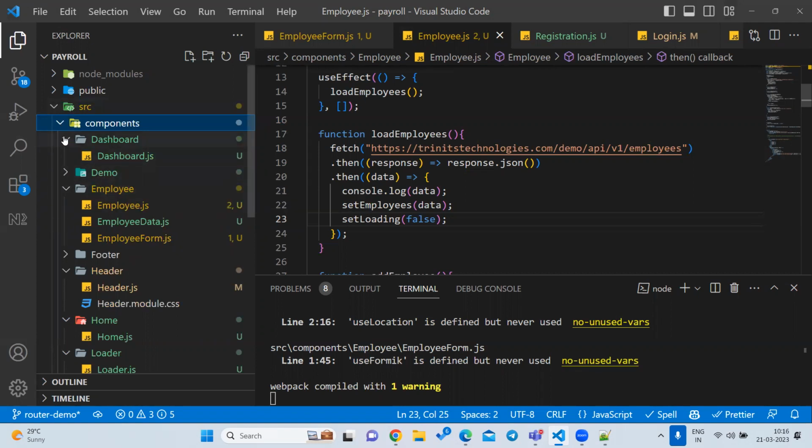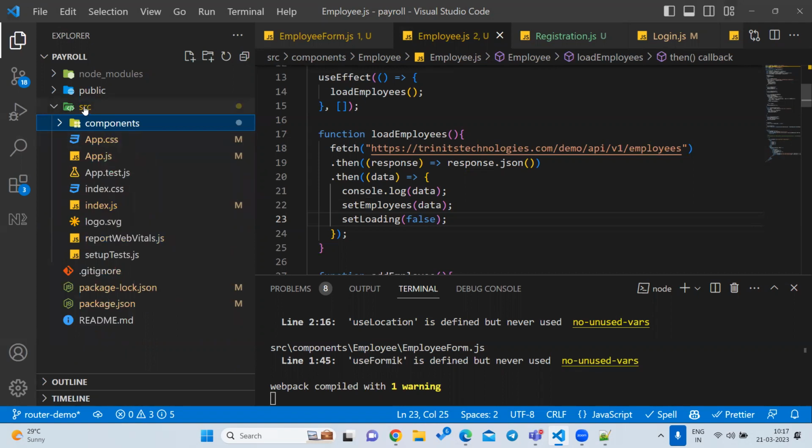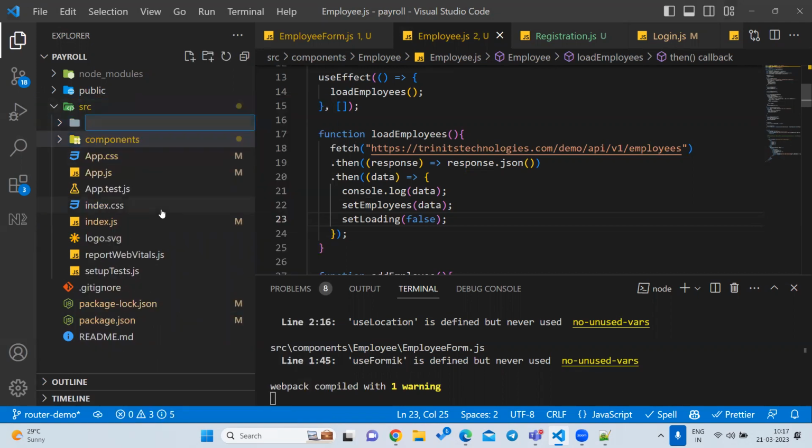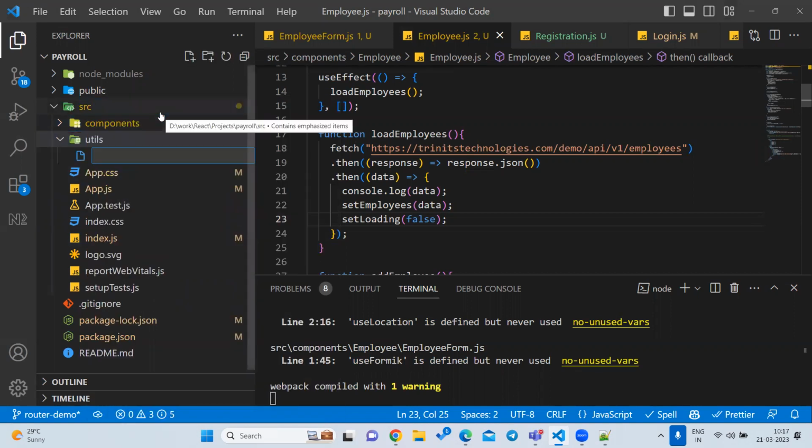So first thing, here I'm going to create a new folder. I'm going to add it as utils. Whatever utility is applicable in all the files, we are going to keep those files inside the utils folder. So here I'm going to create one file, that is nothing but